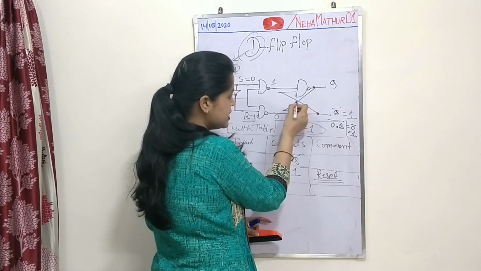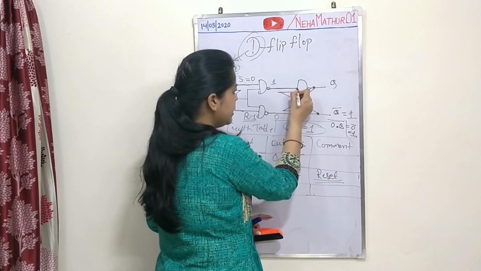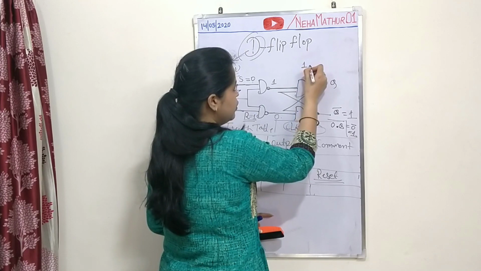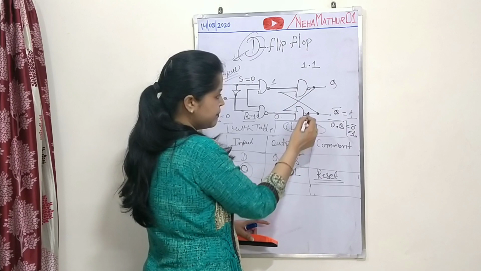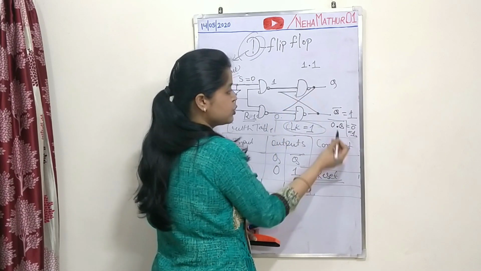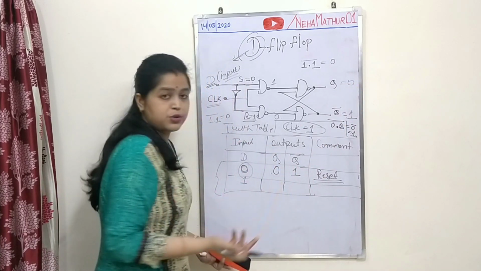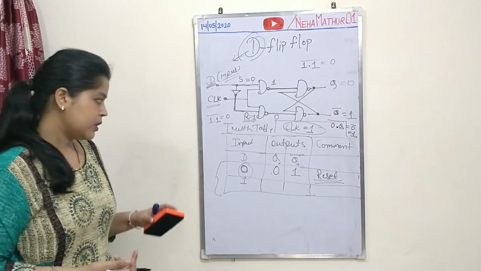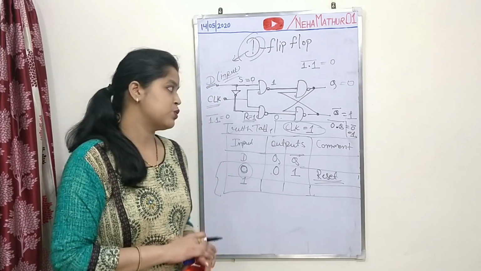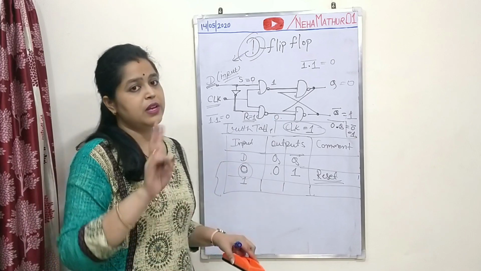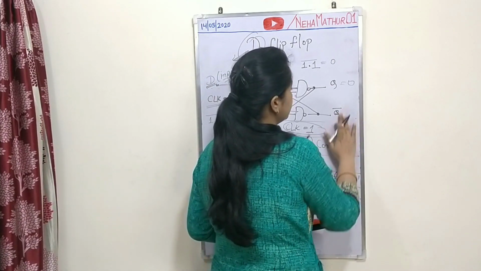Now this one is working as an input for this NAND gate with already its value 1. So for this NAND gate one input is 1, and you are getting the second input also 1 from here. So it will be 0 and you are getting Q is equal to 0. That means for D is equal to 0, you will get Q is equal to 0 and Q bar is equal to 1 at its output, just like when S is equal to 0 and R is equal to 1. Now come to its second case,